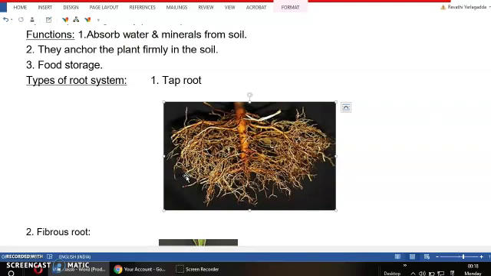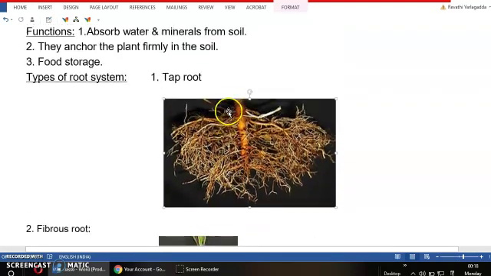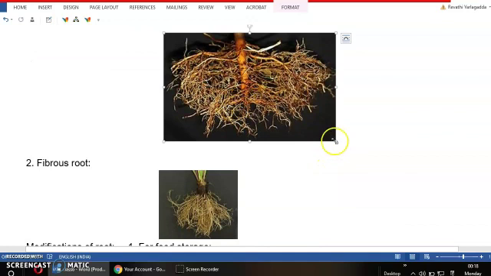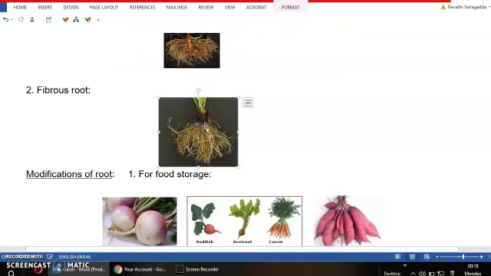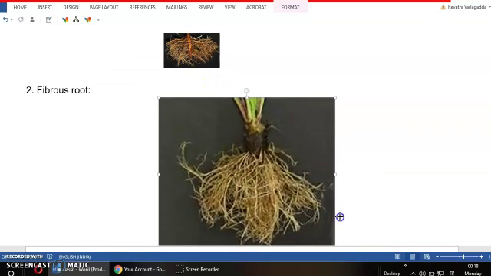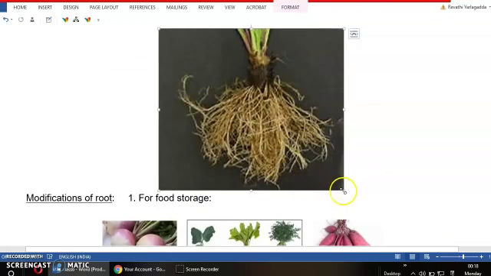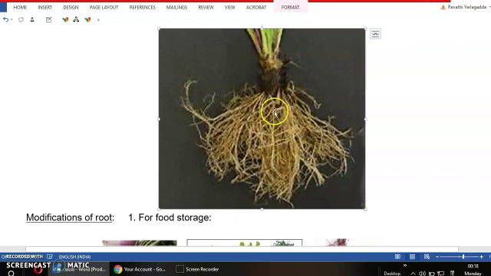Next is the fibrous root. This is the fibrous root, and the fibrous root contains a bunch of small roots which are growing together. See, this looks like a tuft of threads which we are holding in our hand. So here no main branch will be there, and as these are not growing much deeper into the soil, we can pluck such plants very easily, and the plants which bear these fibrous roots do not grow to a much